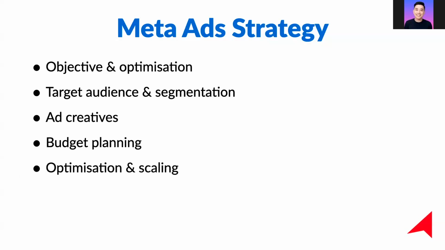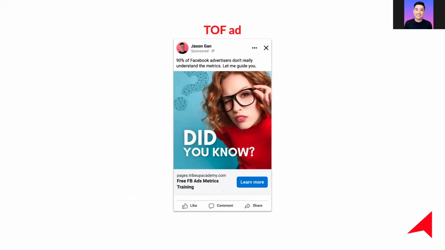And of course, the optimization and scaling, which is a huge part of meta ad strategy, because whatever we build is actually based on hypothesis. Like we talk about the objective, the target audience, the ad creative and all that, but we can only find out if the strategy is working by hitting the market. And the numbers will tell us, the audience, the customers will tell us whether our plan is working. So that's the whole thing that I'm actually talking about, and we are going to go through every single one of them to help you build an optimized meta ads strategy.